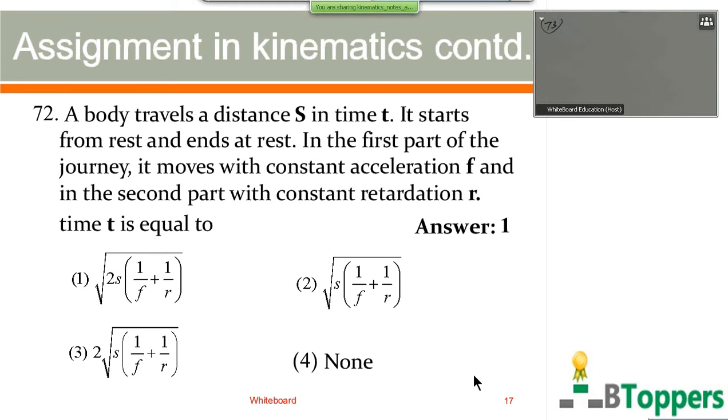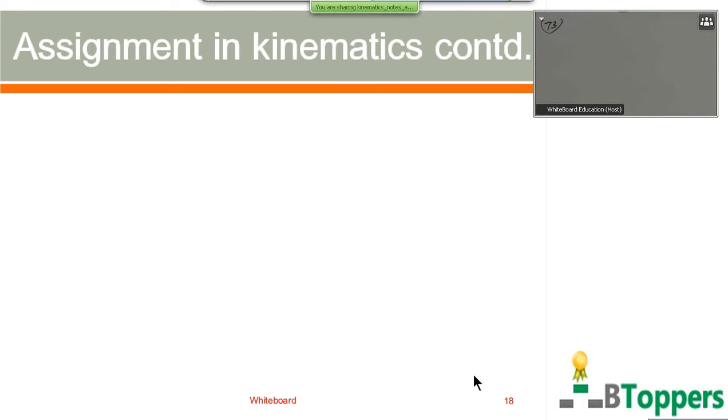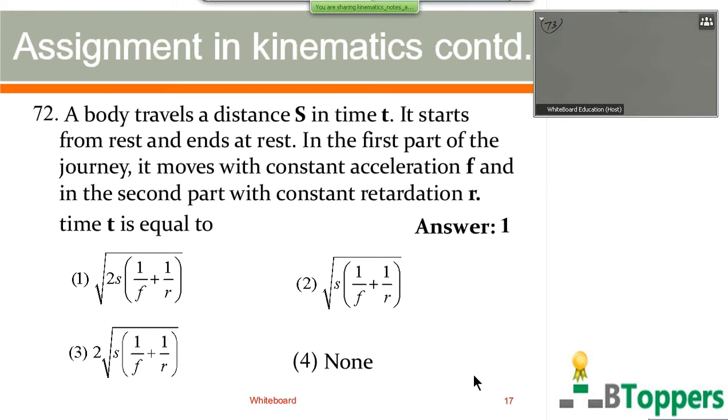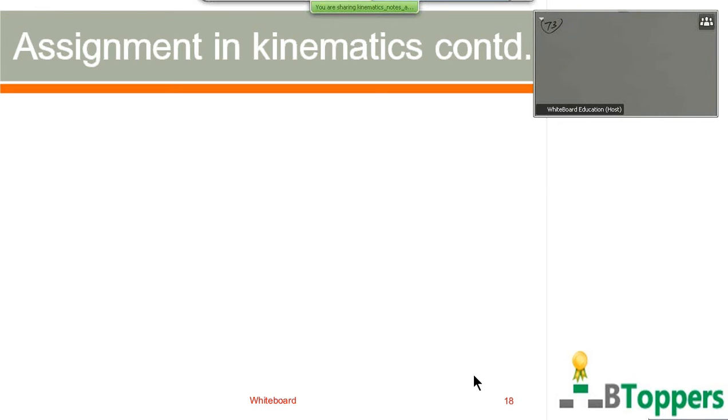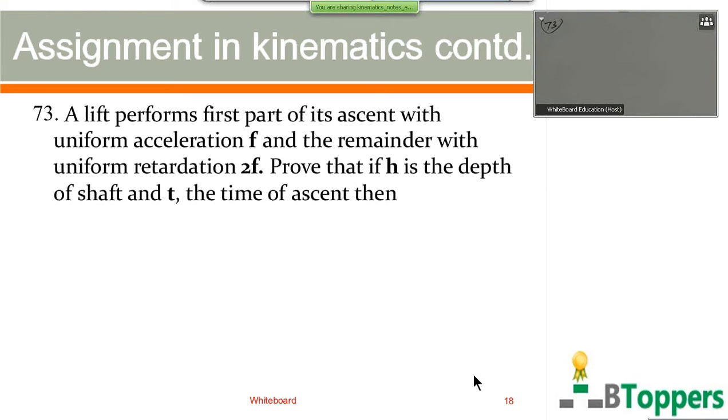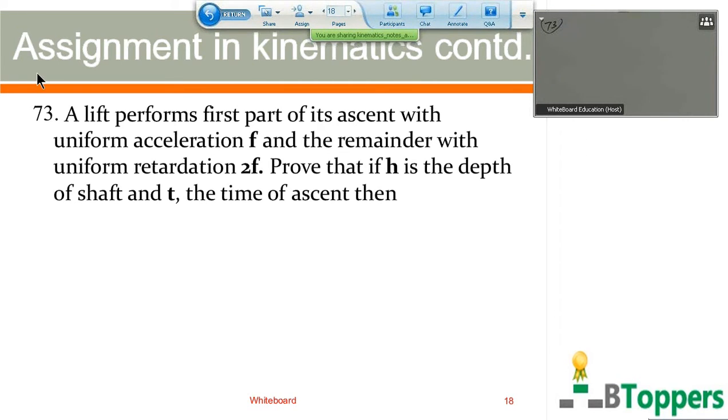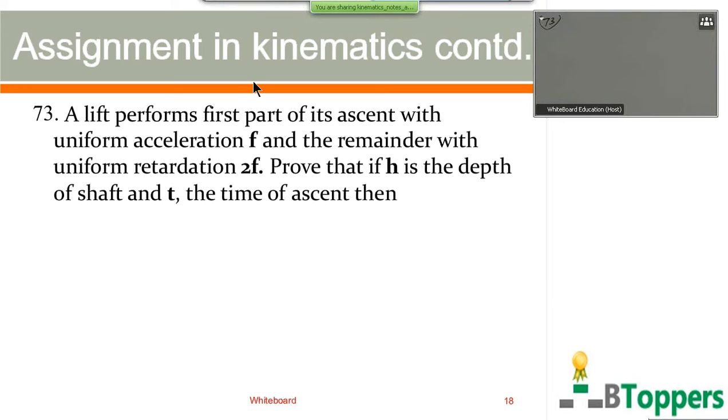Next, I am going to show you question number 73. For question number 72, the answer is the first option. See question number 73. A lift performs the first part of its ascent with uniform acceleration f, the remainder with uniform retardation to f. If h is the depth of the